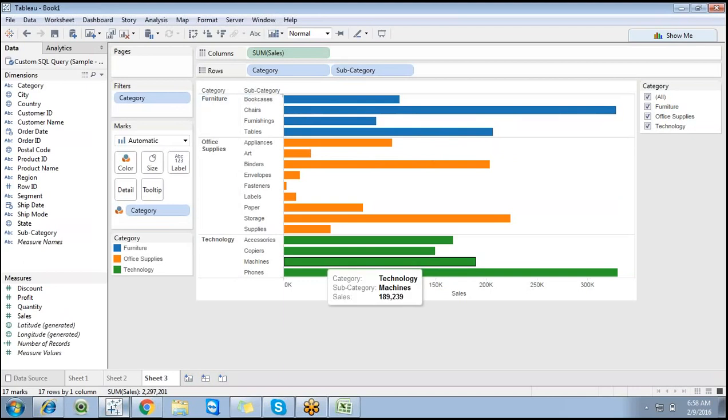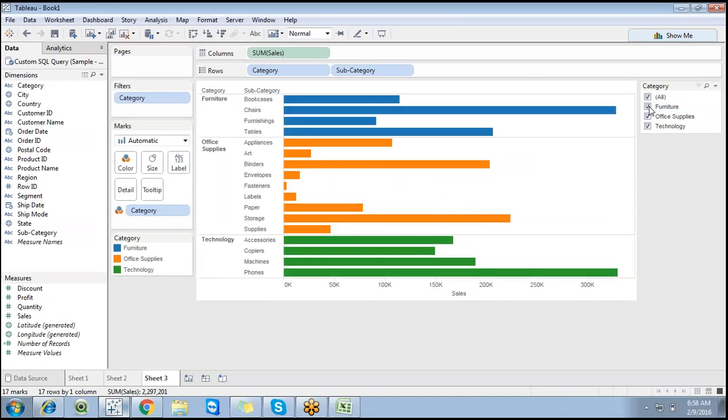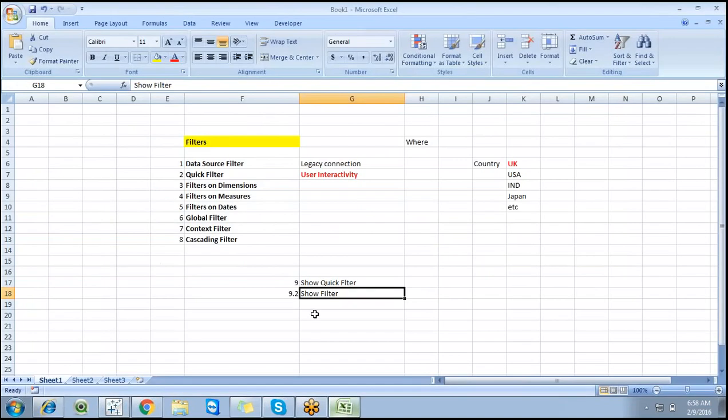So now I'm displaying furniture, office supplies and technology, category, subcategory, sales. But next, when I select a particular element, it has to showcase only that value, or I want to allow only single selection. So if I want to allow only single selection, we have to go with the radio buttons.